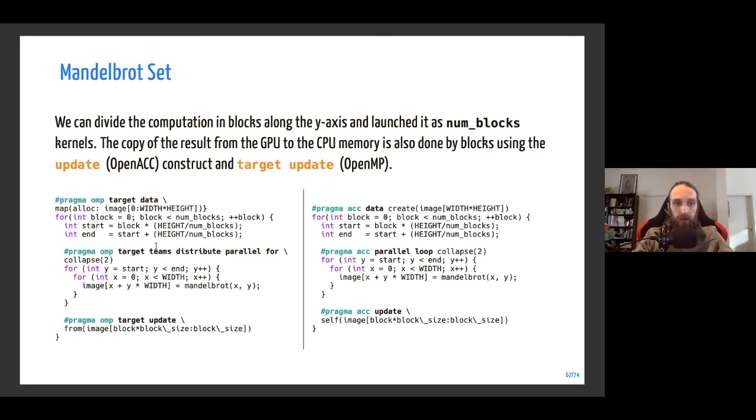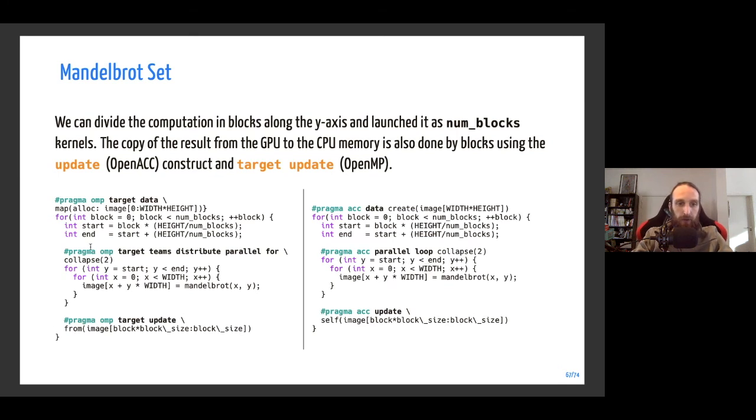And in this case, we are inside the target region. We say, okay, this loop is a kernel and it should be run on the GPU. So we need to declare that the Mandelbrot function should be available on the GPU. This is why I presented the declare target as well as the routine directive, in order to be able to call this function from the GPU within a target directive or parallel directive.